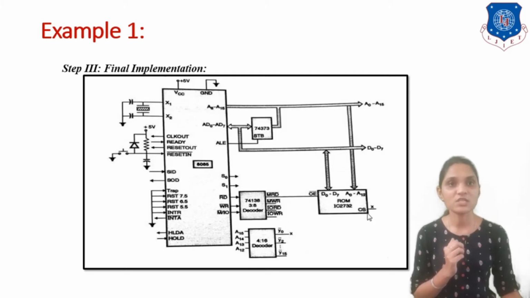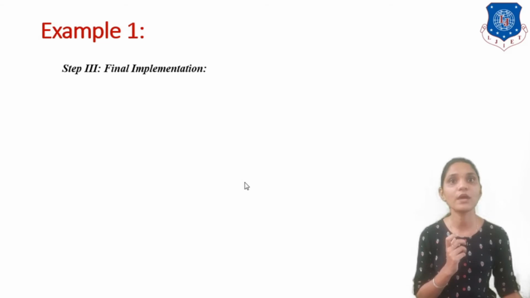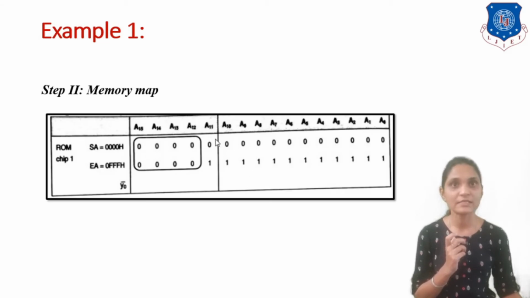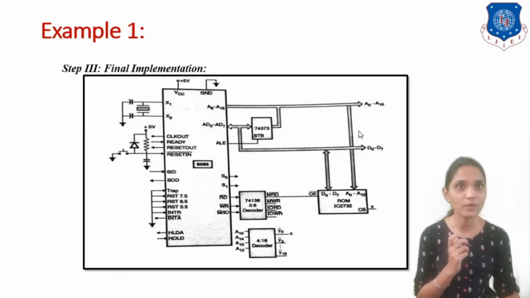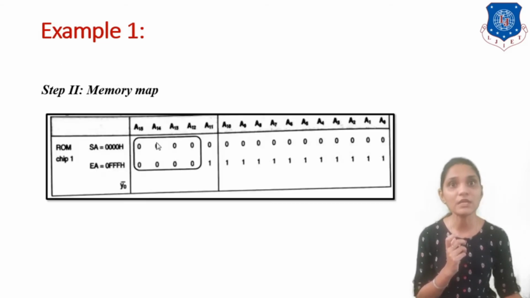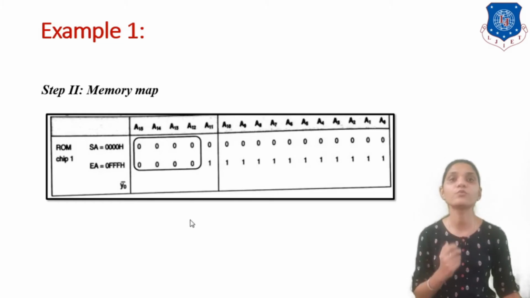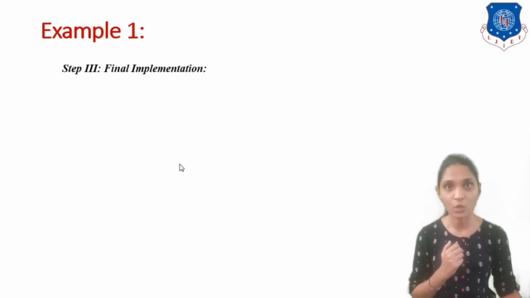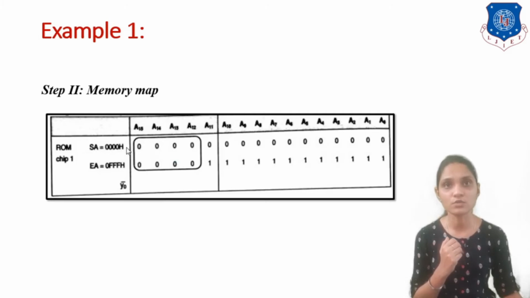And one chip selection is required over here. So for generating this chip selection, we have to decode this portion. This is the address line that we have provided over here, but the remaining constant lines we have to use for the chip selection. Okay, and that value is 0000.